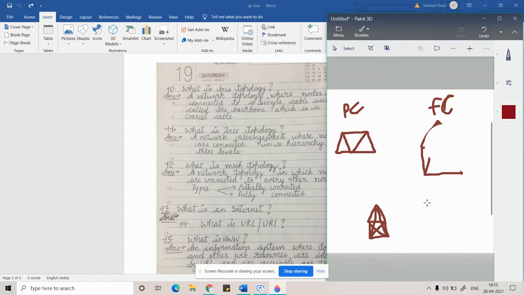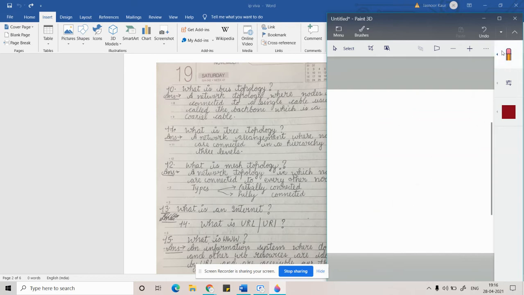And in mesh topology, the advantage is that there is a lot more security in it. Also, easy expansion. Also, problems can be identified really easily, but the only limitation is that it is very costly. Next,